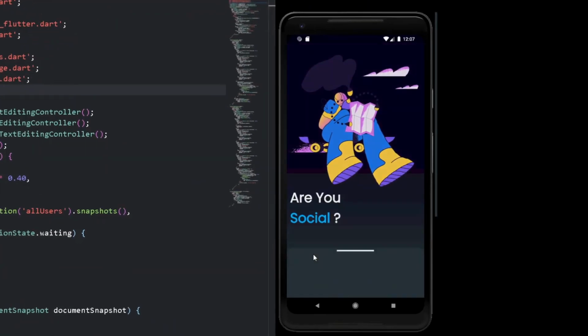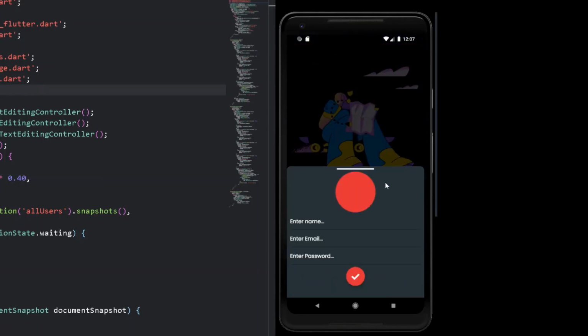in our previous tutorial we have implemented the following option under sign in with email and similarly sign in with Google. So in this video we are going to implement sign in sheet option where the user shall be able to pick his avatar, that is user profile, and submit it to Cloudflare store.